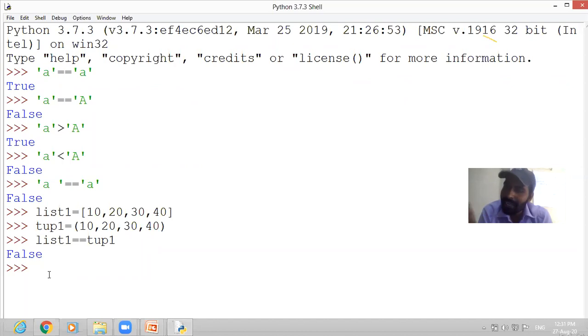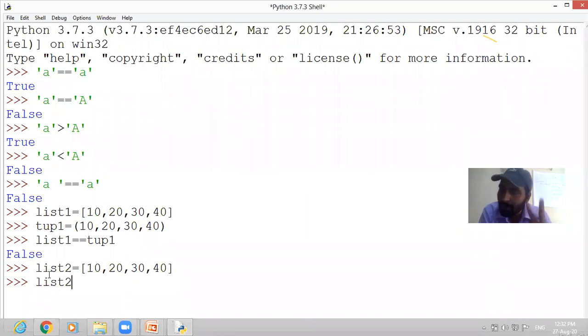So let me create another list and another tuple. I am creating list 2. I am sorry for the inconvenience. Suppose I have the same values, 10, 20, 30, 40. Now if you compare list 1 with list 2, it will be correct. That was wrong, that was two different objects.